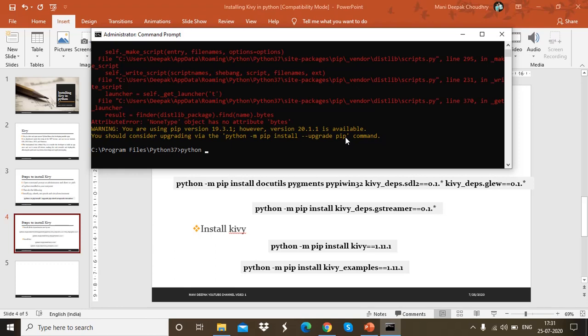python -m pip install docutils pygments pypiwin32 kivy_deps.sdl2==0.1.* kivy_deps.glew==0.1.*